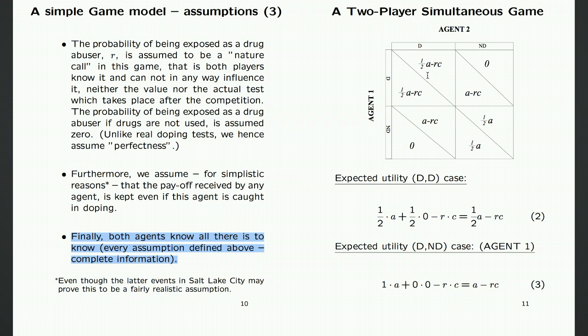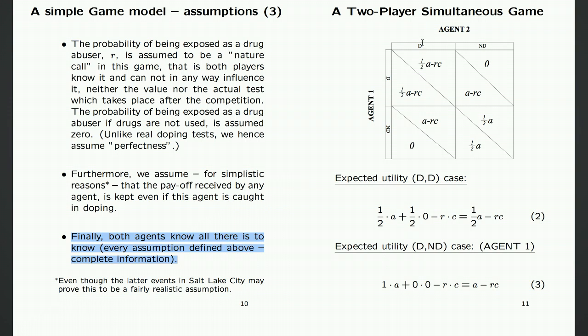If we look at the top row, of course, the same thing happens with the positive part of the payoff. There's still half A for each of them. Now, they take drugs, so we have to subtract the expected cost of being exposed. Being exposed with probability R, the cost is C, so this constructs half A minus RC for both of the agents. The final squares here are a kind of pooling strategy where one does not take drugs and the other takes drugs, or the other way around, for agent 1 and 2, and this is straightforward.